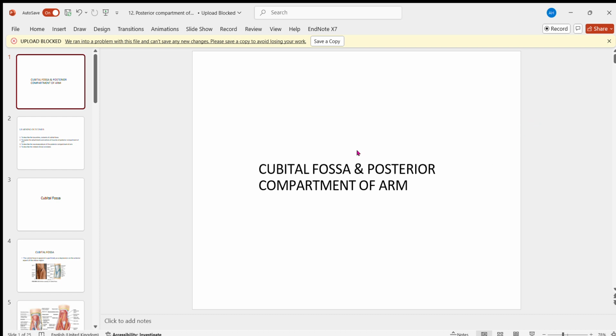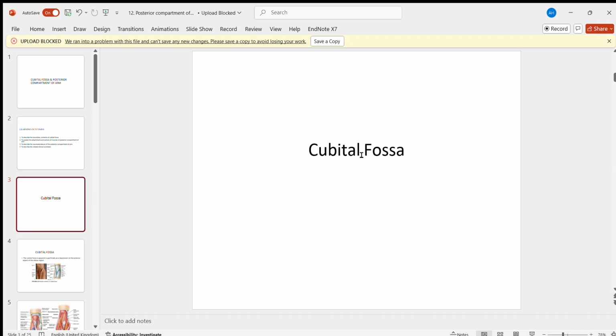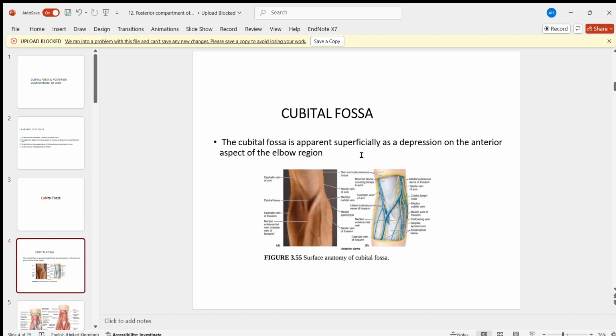Our today's topic is cubital fossa and posterior compartment of arm. First of all, we are going to discuss cubital fossa. What is cubital fossa? It is a space in front of the elbow and it is analogous to the popliteal fossa in the lower limb that lies just behind the knee. So cubital fossa is this triangular space which is covered superficially by the skin and the superficial fascia and the